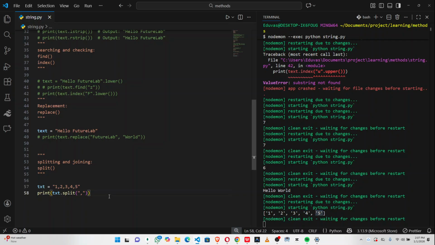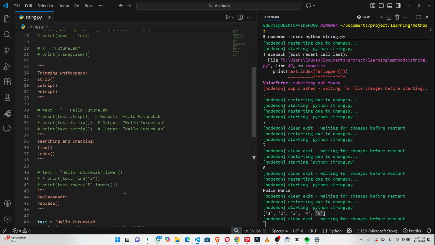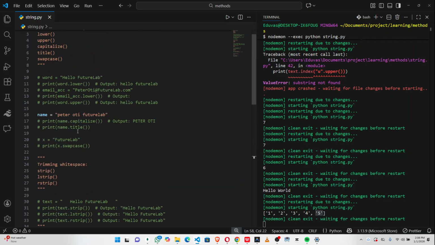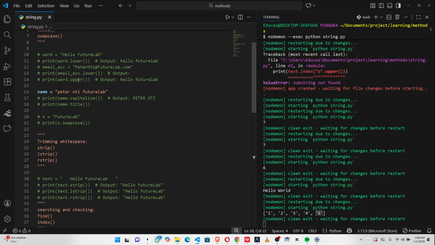Something I forgot to mention at the beginning of all of these is their return types. So note that when we did all of these here, the return type of our case and formatting a string